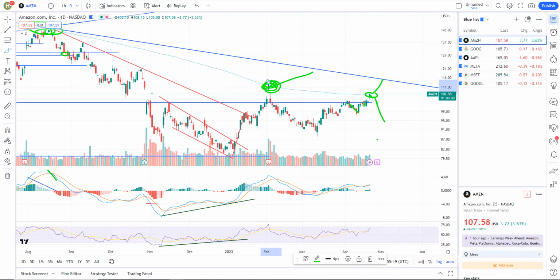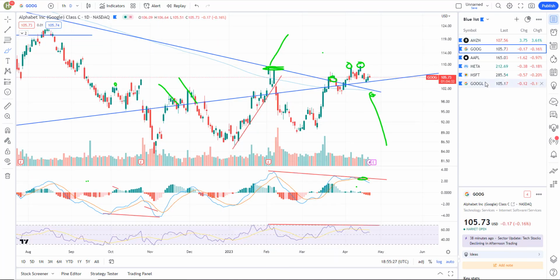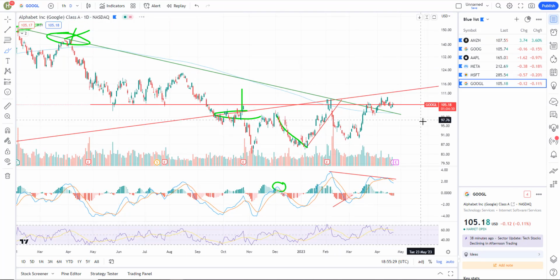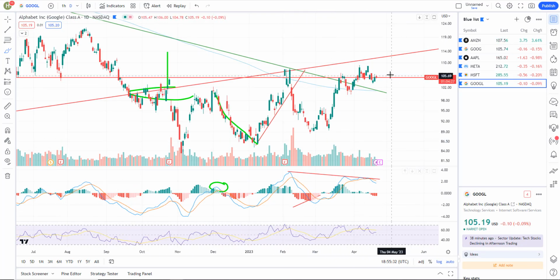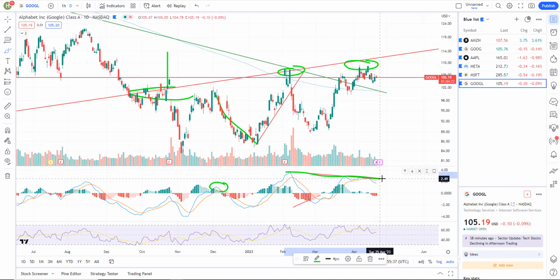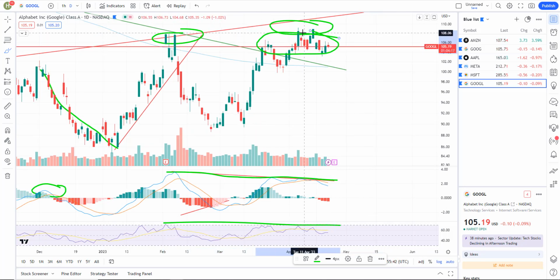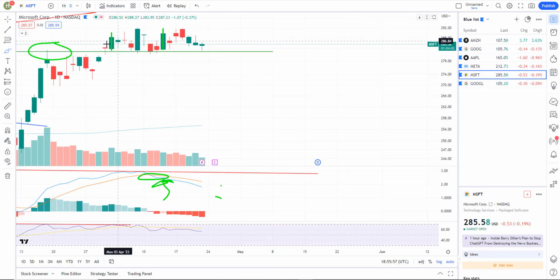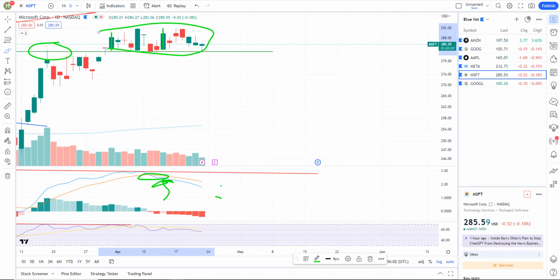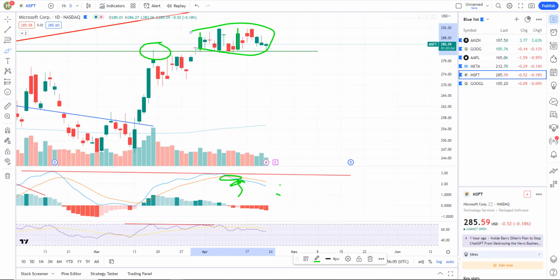Let's move on. Google. So we'll go to GOOGL. And again, negative divergence. These highs right here were divergent highs, meaning you've got lower momentum than previously. And we've really gone nowhere for the last month or so, at least a couple weeks. So I'm looking for this to start to roll over with the rest of the market, and especially tech. No real change in Microsoft for multiple weeks, so likely not going to be decided by the end of today.